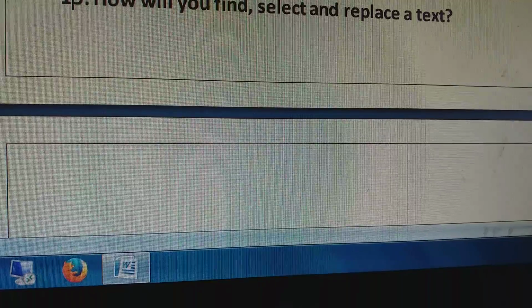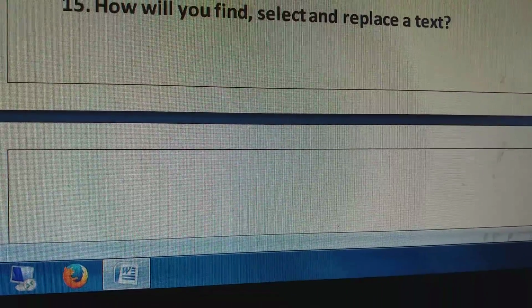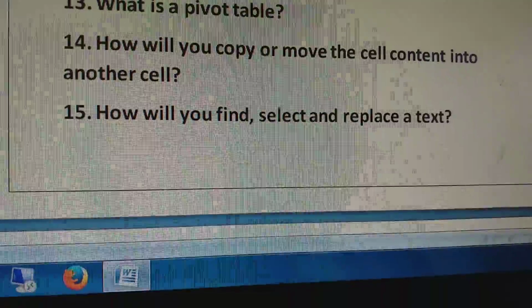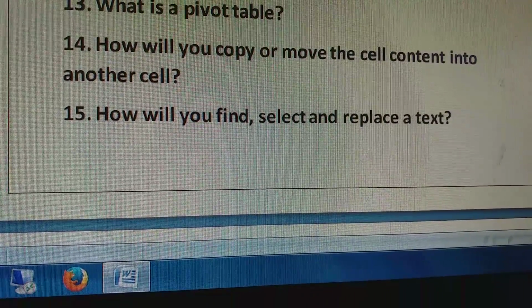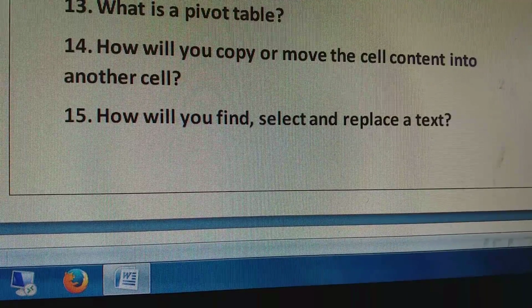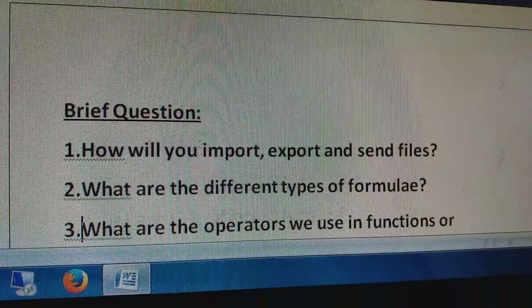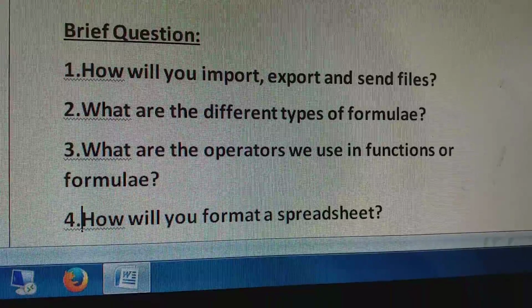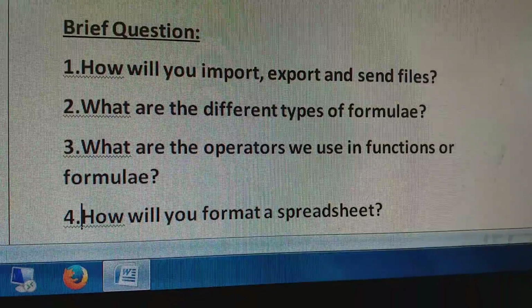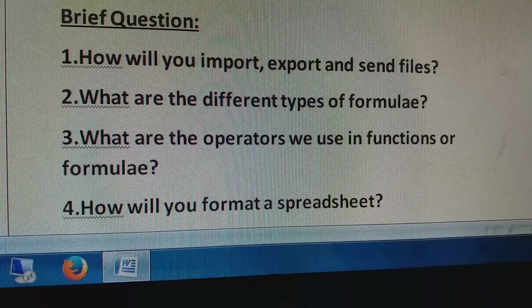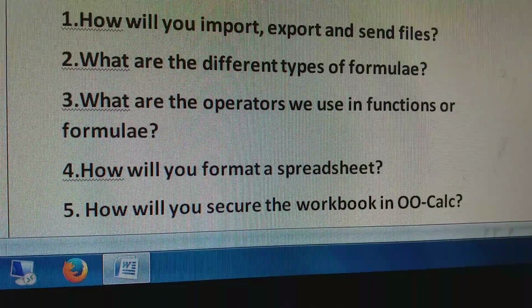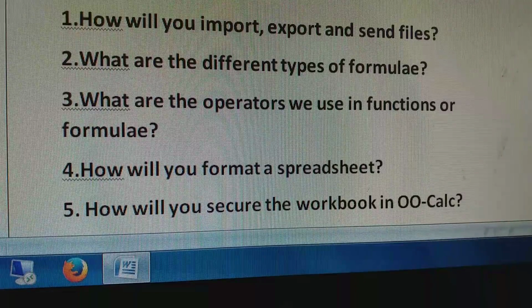14. How will you copy or move the cell content into another cell? 15. How will you find, select and replace a text? Brief questions. 1. How will you import, export, send and share files? 2. What are the different types of formula? 3.